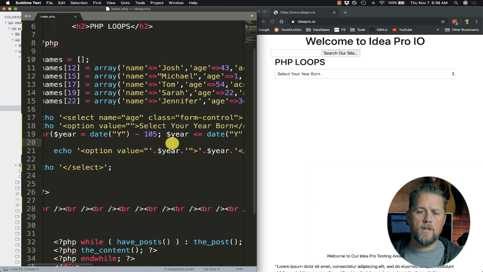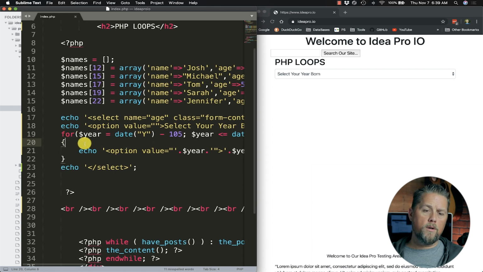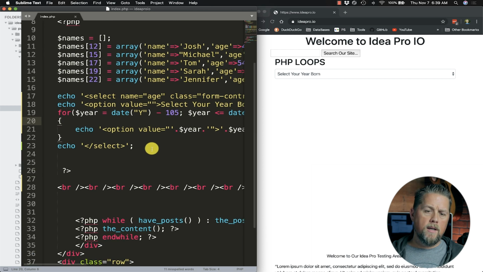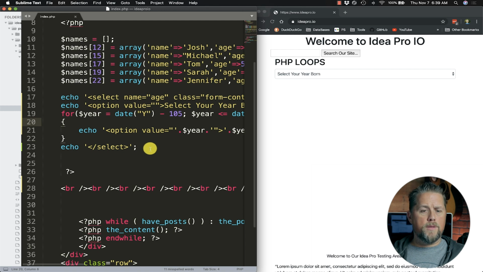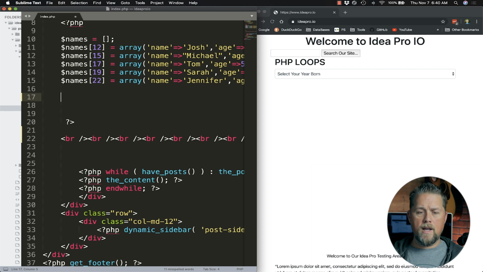All right, so that's a for loop. I'm trying to think of what else I could give an example with the for loop. It's basically just incrementing through a number. So now let's do a foreach, which we kind of did in the last video and a couple of different videos for the array. So for each, we can say foreach,